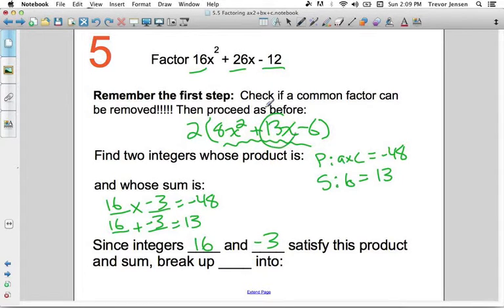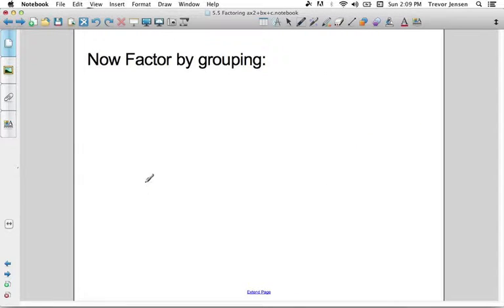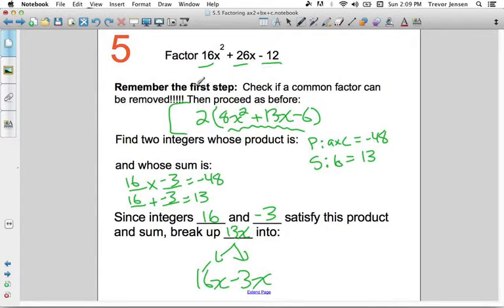My middle term was 13x, so I want to break up that 13x into 16x minus 3x. And I'm allowed to do that because 16x minus 3x equals 13x. So now I'm going to rewrite my quadratic that I had here. I'm going to break up the middle term for the quadratic inside the brackets and then factor it by grouping. So I had my quadratic, it was 2 8x squared